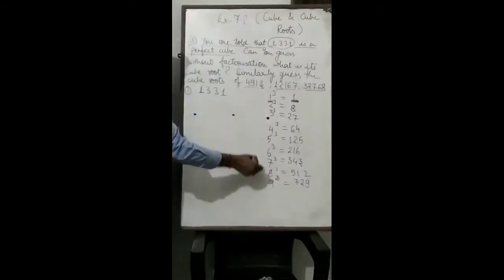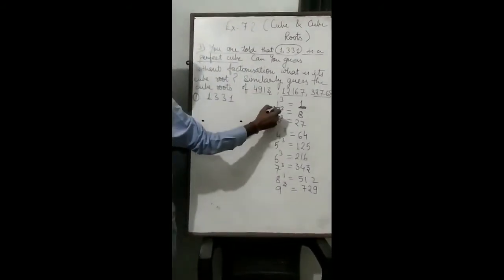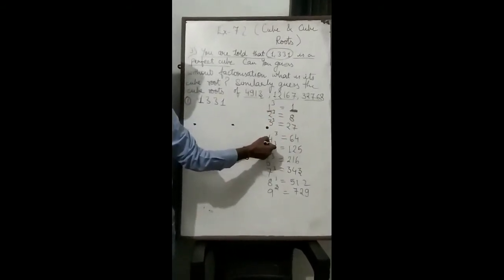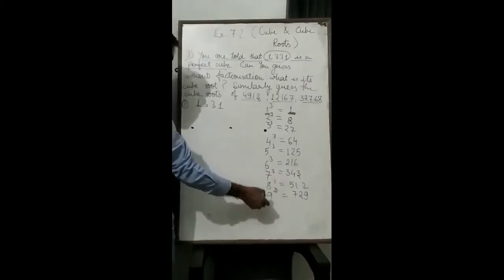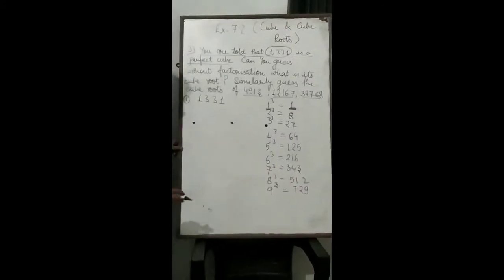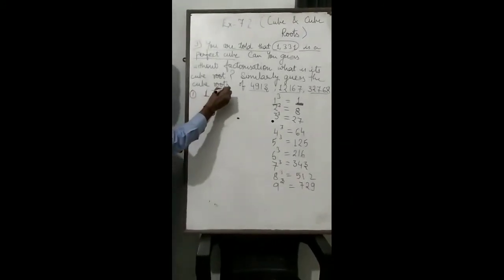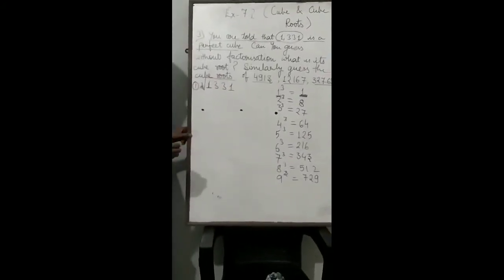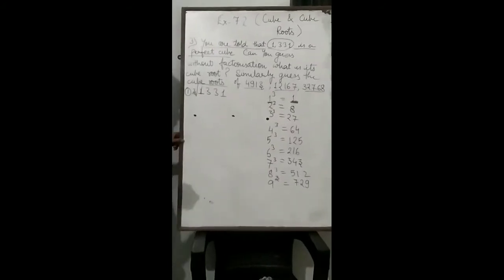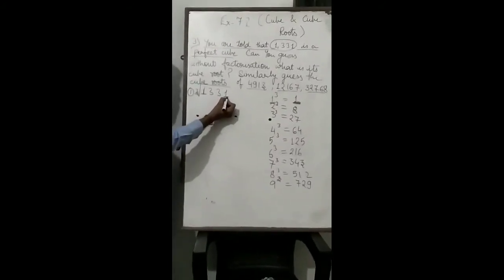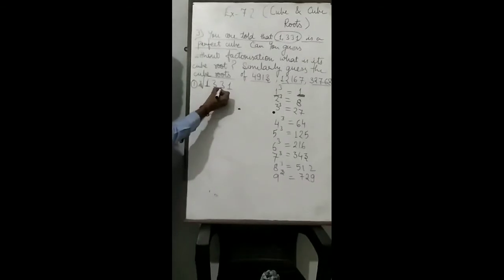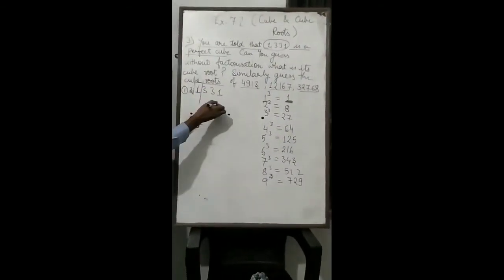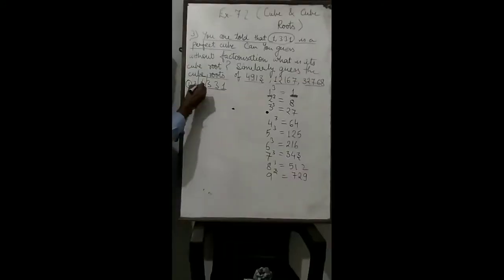I noted a few cubes here from 1 to 9. 1's cube value is 1, 2's cube is 8, 3's cube means 27, similarly 4's cube means 64, similarly 9's cube means 729. Now students, for this digit, firstly we will put the cube root symbol here, and from the last count the digits 1, 2, 3, then you have to divide it. Now there are two groups, 331 and 1.